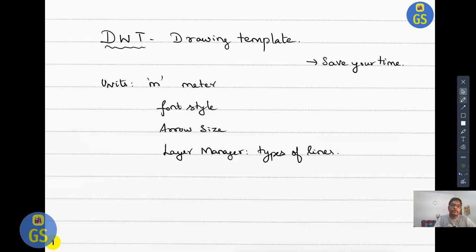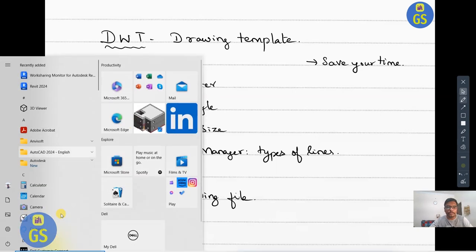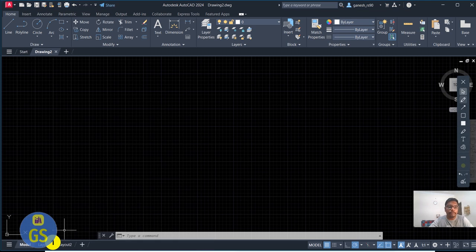So next, what is called DWG? DWG is basically a drawing file. This is the drawing file which you use to share with n number of users or any other person. We save the file in the form of a DWG file. Here the settings will vary. Once you open a drawing file, you need to repeat the settings again and again. The settings are not fixed over here. So let me explain practically how this works. First of all, we are going to deal with